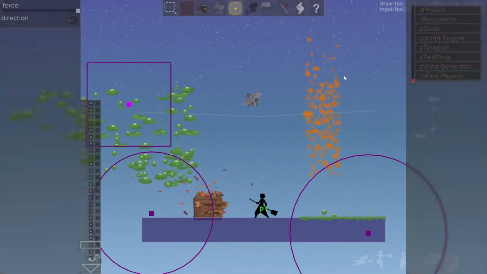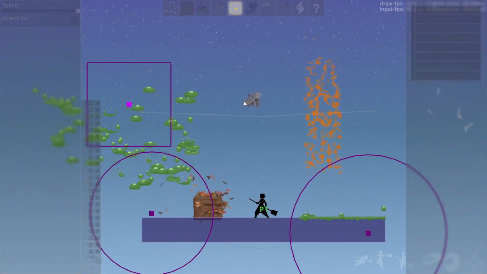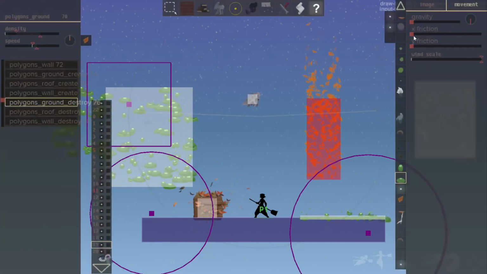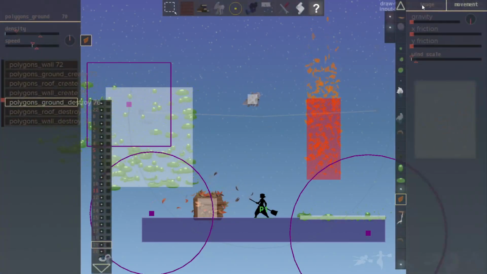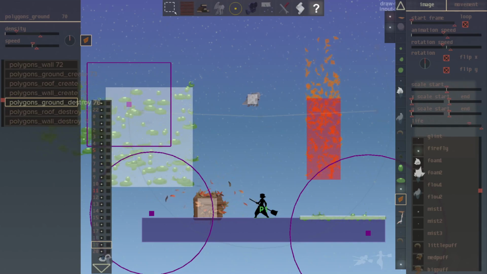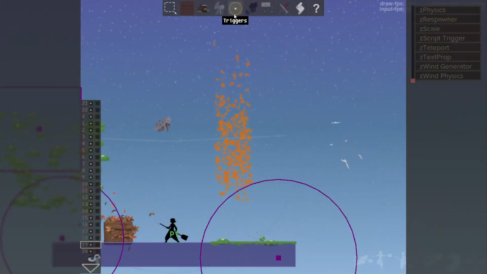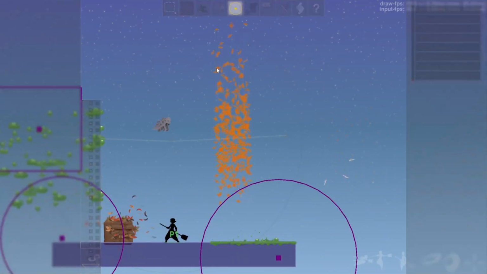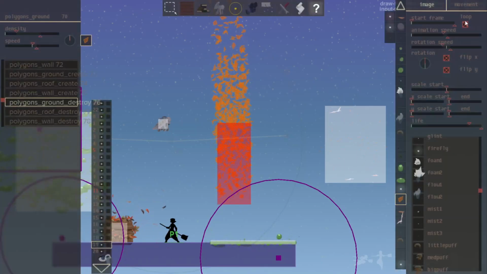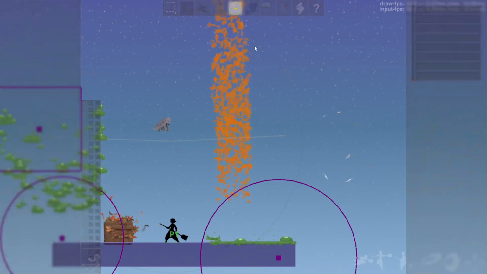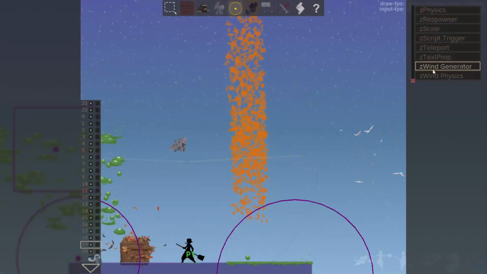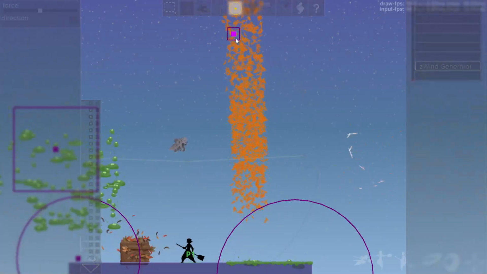If I wanted to, for example, have a circle of these, first of all, let's change the lifetime so that these particles stick around for a really long time. And then, is loop on currently as well? Okay, good question. Yes, loop is on. So now if I place some wind generators,